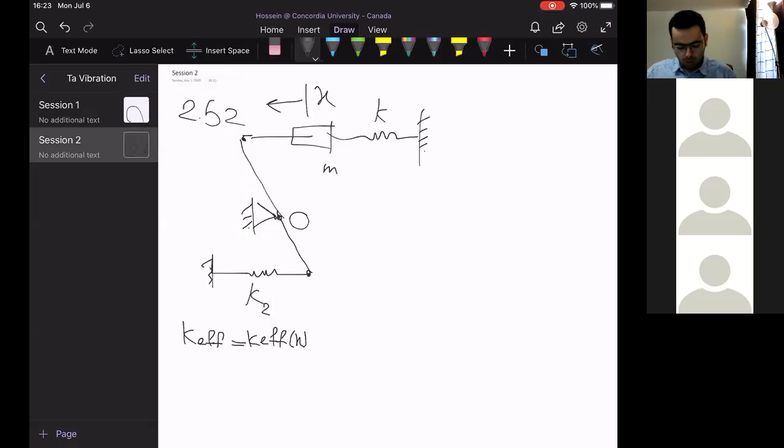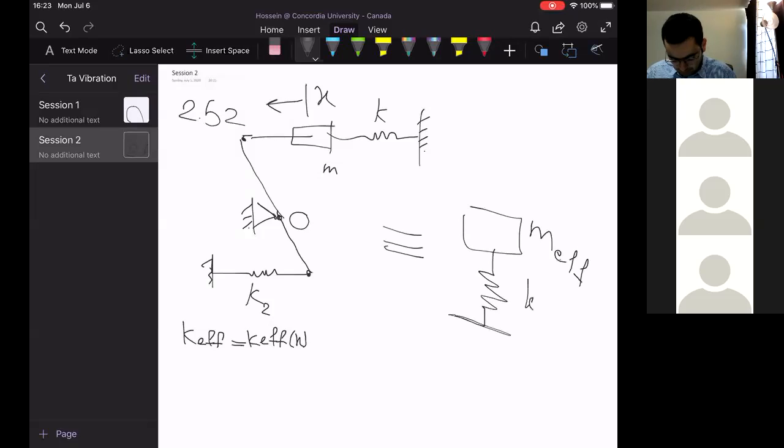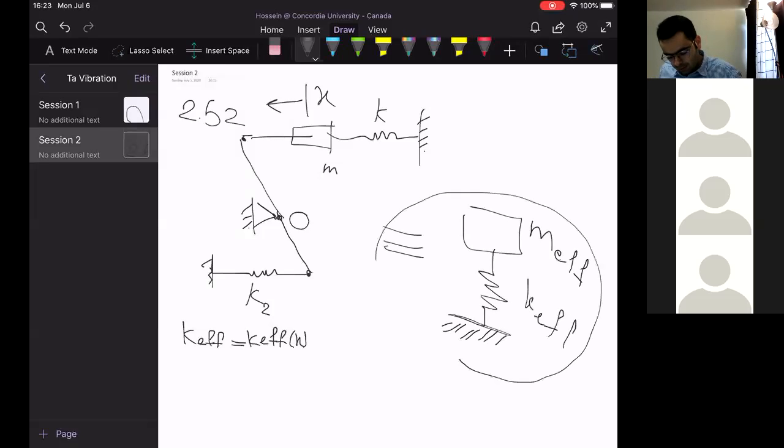We could show this complex system as a very simple effective mass and effective stiffness. Analysis of vibration for this system is much simpler if we use this effective mass and effective stiffness. We could easily derive the equation of motion,